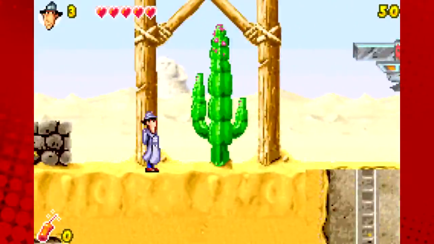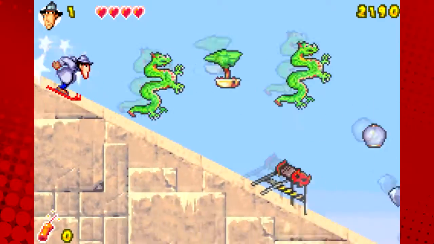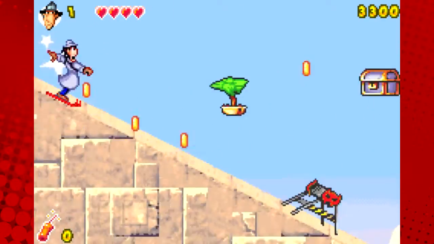The final level takes us to Egypt, where we are once again attacked by human cacti. I do not like how that's become a thing. Even the Sphinx looks like it's recoiling in horror. Not this again. This is the final stretch of the game, which sees Gadget sliding down the pyramid, leading